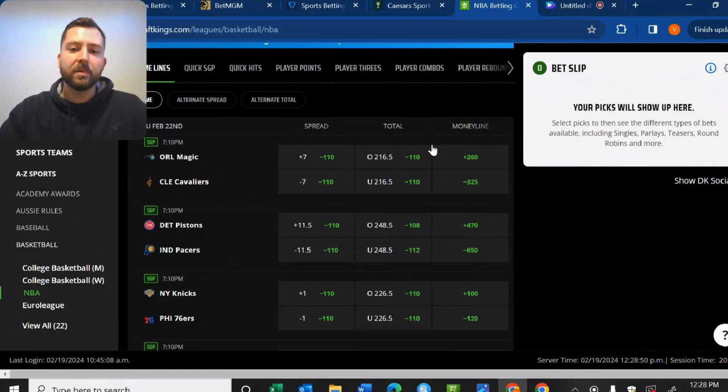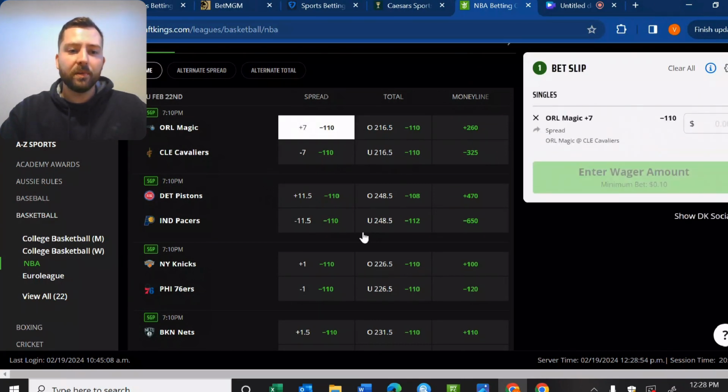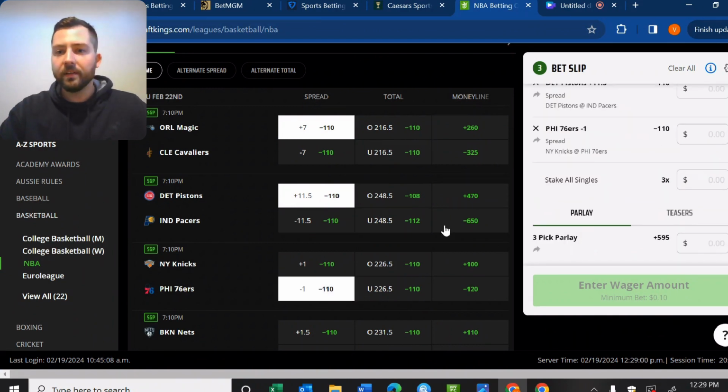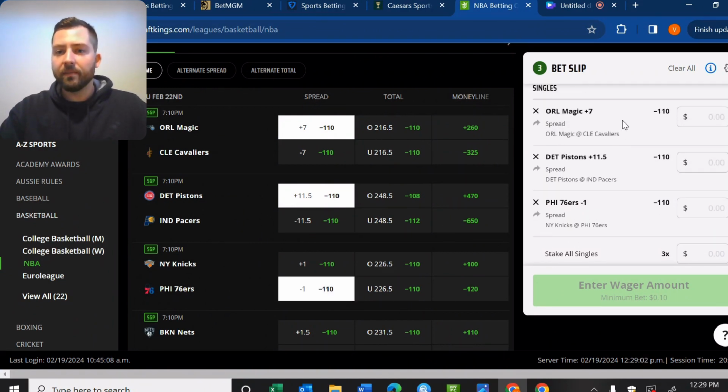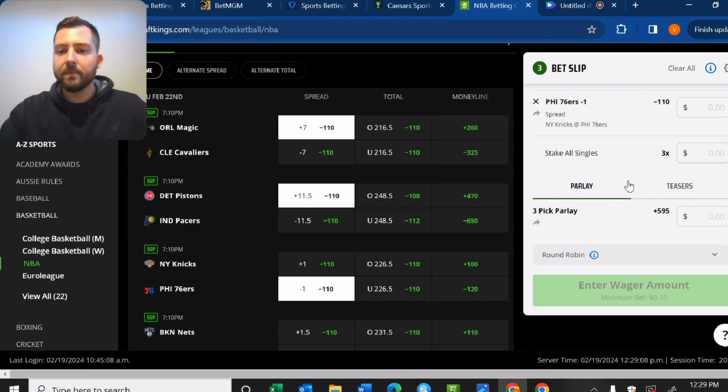I'll show you how to put a parlay together. So let's just say we take the Magic plus 7 points, we take the Pistons plus 11.5, and the 76ers minus 1. So over here in my bet slip, I have all three of those teams. I can bet them as individual bets or singles, or I can scroll down and bet them all as a parlay. So that means all three of these bets have to win for me to get this plus 595 payout. That means if I put $10 on this bet, I will get paid out